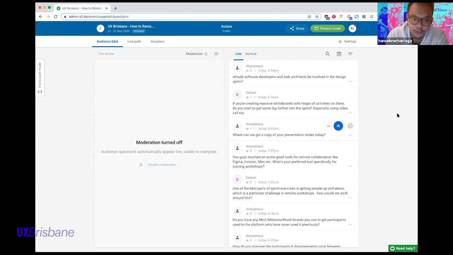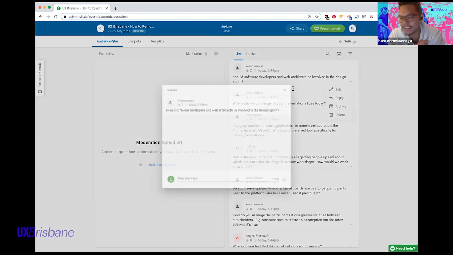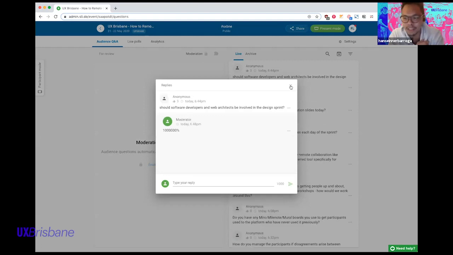And a really good one that I can see here is, should software developers and web architects be involved? Absolutely, 100%, 1,000%, mate. I love having software devs and engineers and solution architects in design sprints, especially for that assumption exercise that I spoke about.